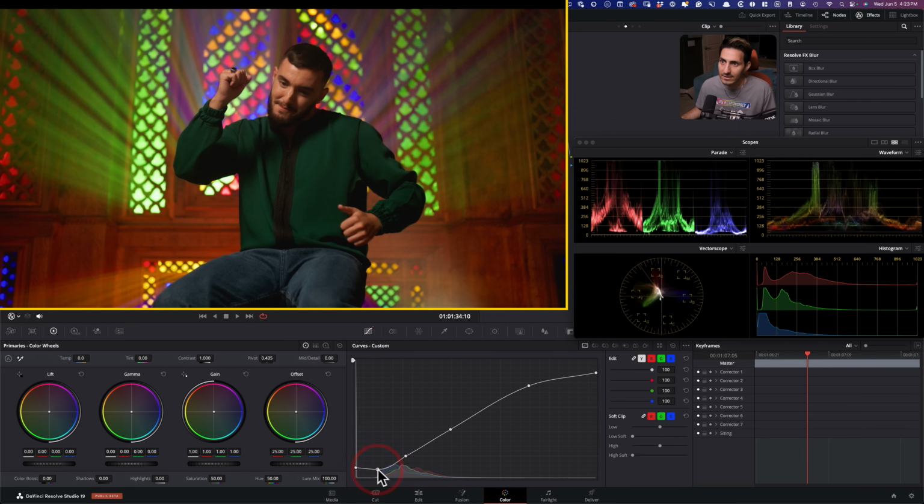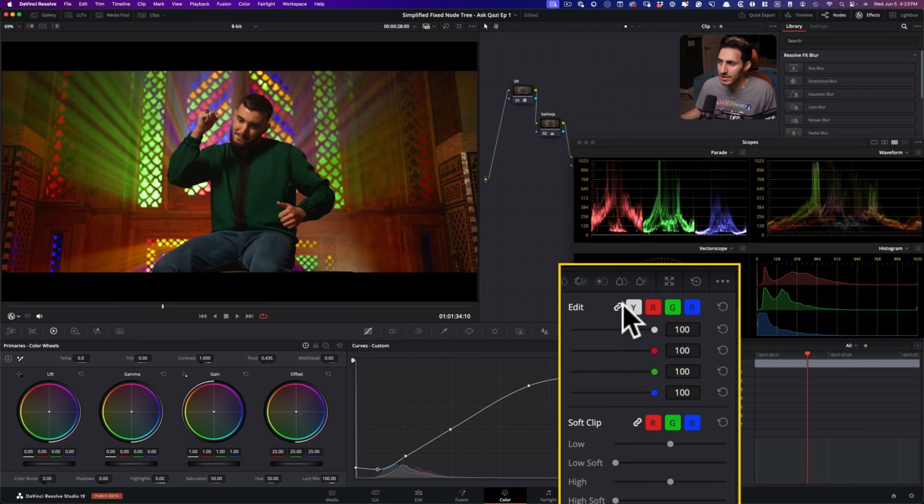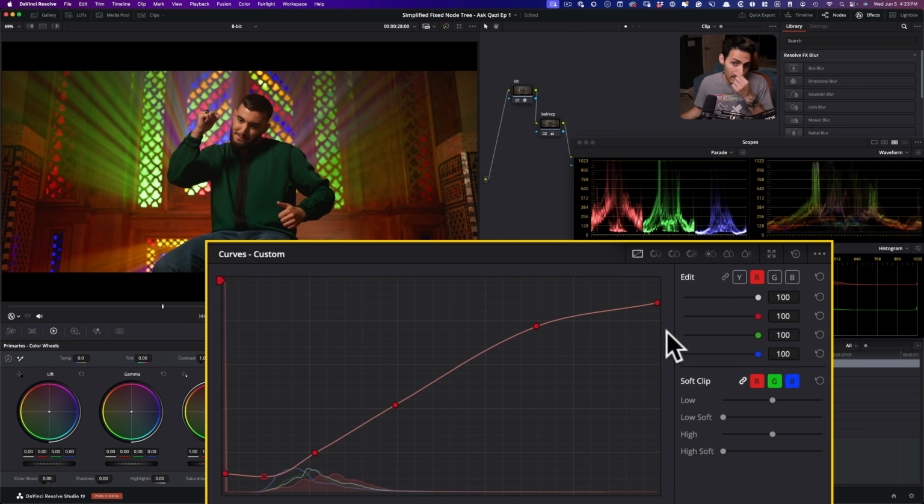So we get those nice matte blacks. So let's just say something like this. This is pretty good, and we have enough information up top. Everything is looking good. Now I'm going to decouple this so I can make some adjustments on my RGB channels